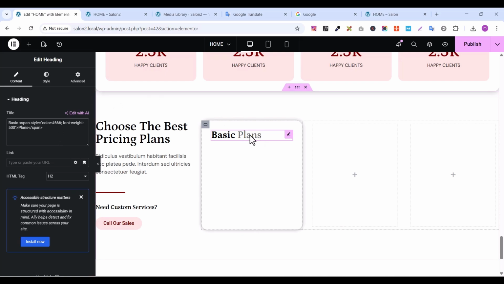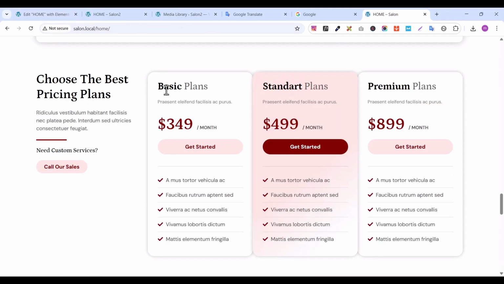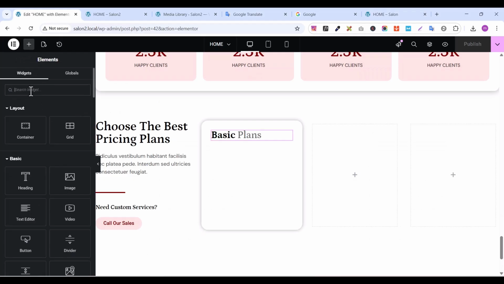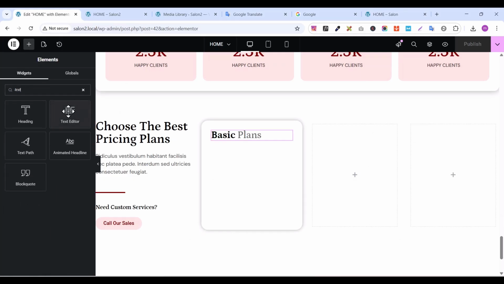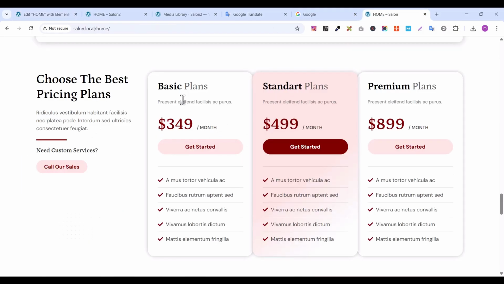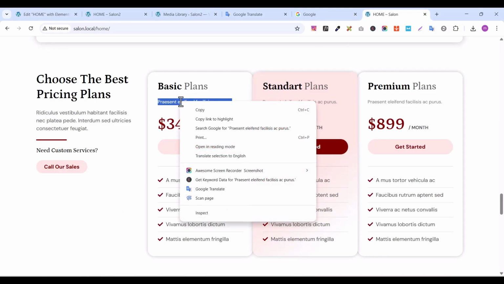So let's add this and save it. As you can see, it was very simple. If you want to achieve the same thing, just write the code I'm writing. After that, let's add another text element. Let's go back, click on this, go to text editor, drag this text editor below, copy this,